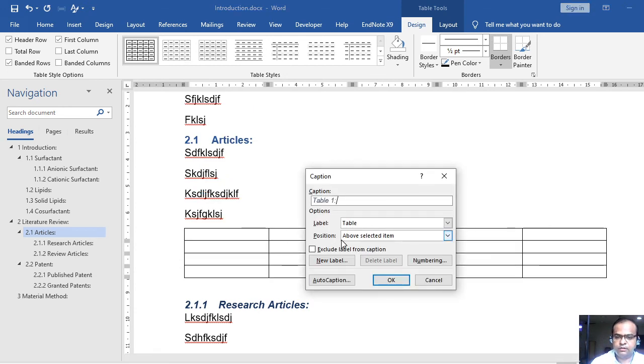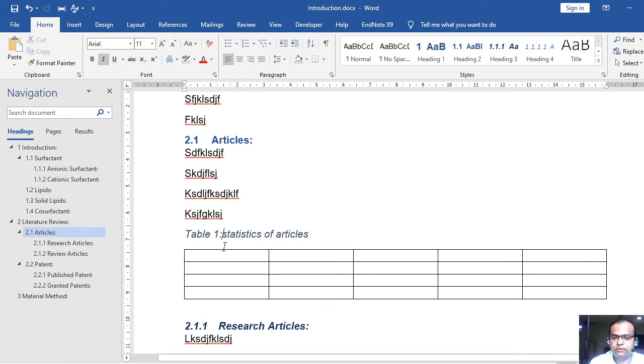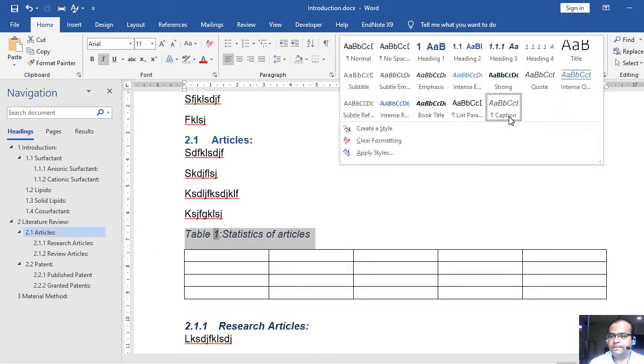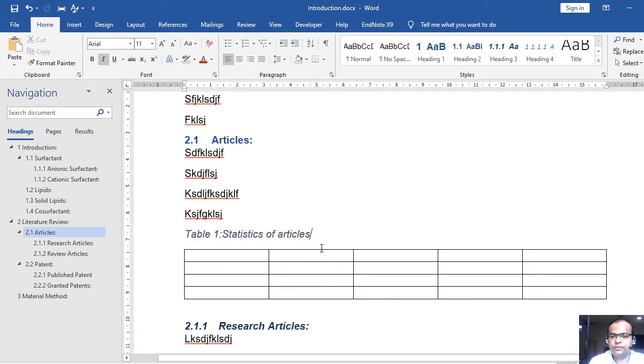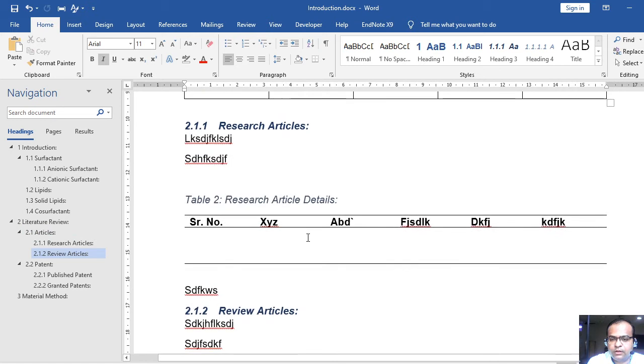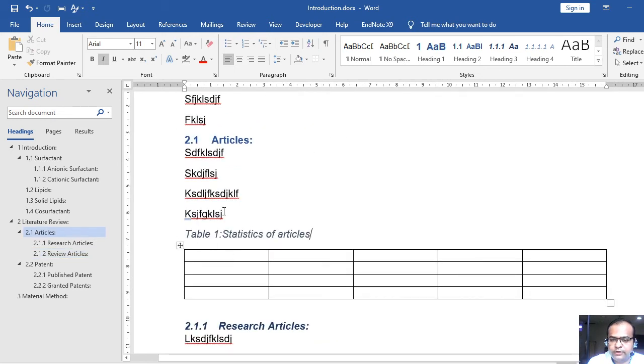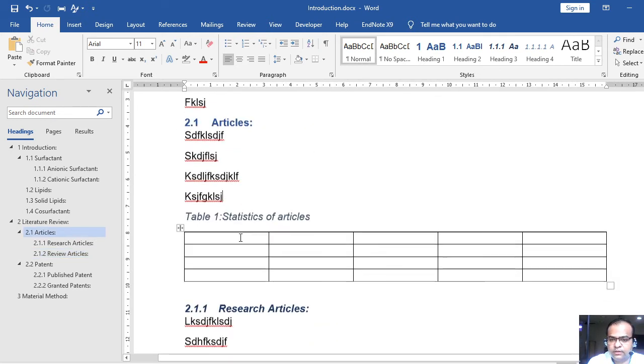So obviously this is a newer table, statistics of articles. I have written here statistics. I need to just update my, yeah, it's already updated.